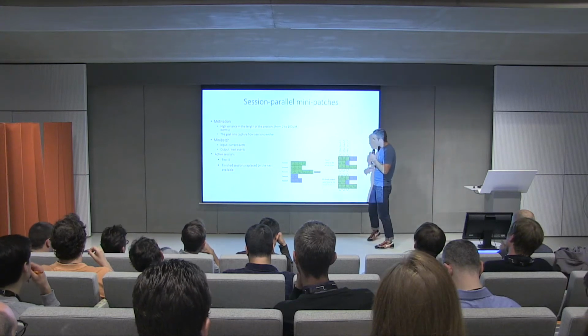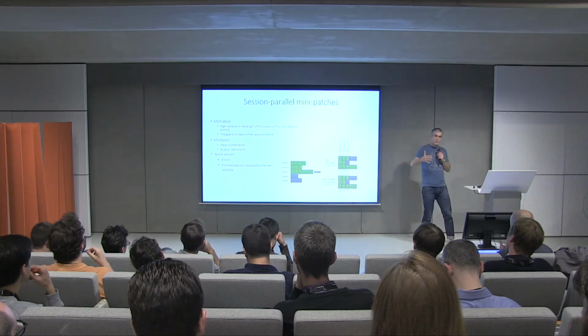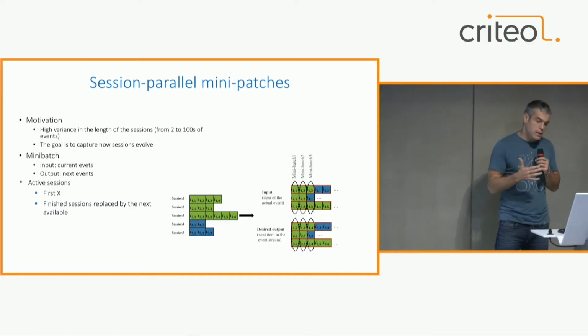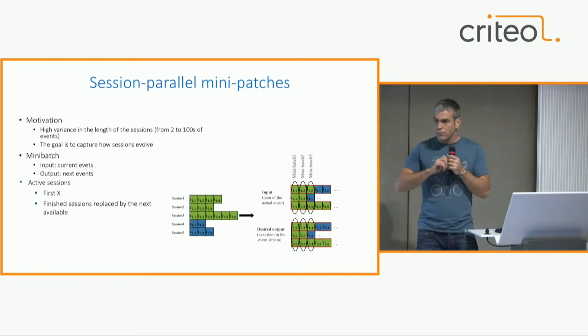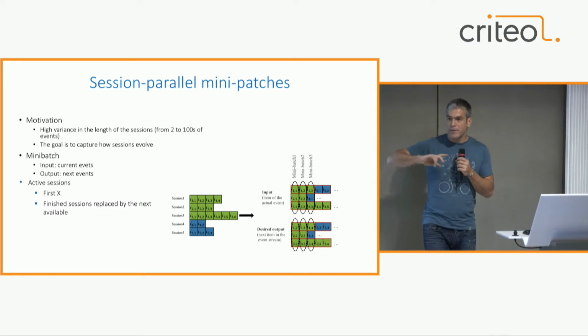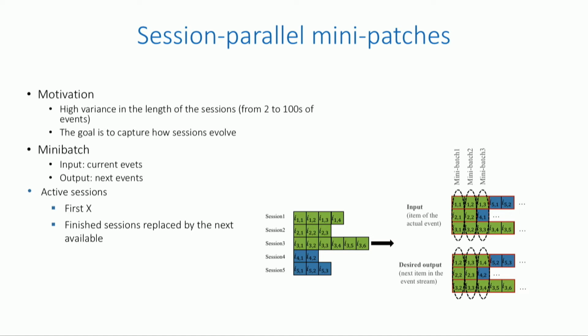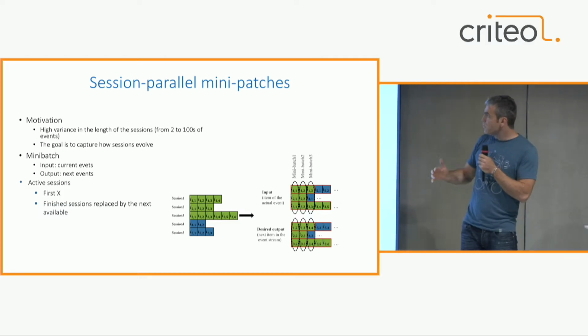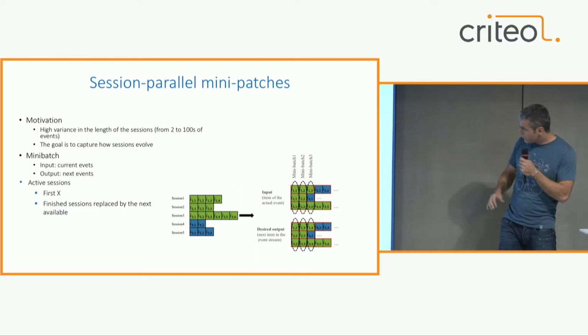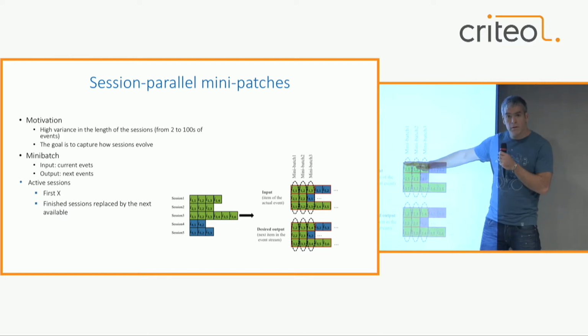One of the first things we did is change the way mini batches are done in the recurrent neural network. You see, these recurrent neural networks assume that you have a continuous stream of data, right? If you have text, several pages of text, it's relatively easy to do mini batching there. It's slightly less easy when you have short sequences of data that are independent of each other. So you have short sequences of clicks, 4 clicks, 7 clicks, 9 clicks, right? So we changed the mini batching and used session parallel mini batches. Essentially, we stack sessions on top of each other